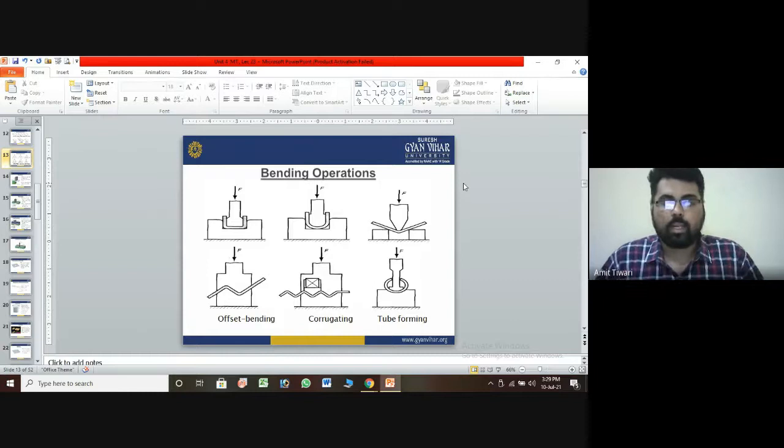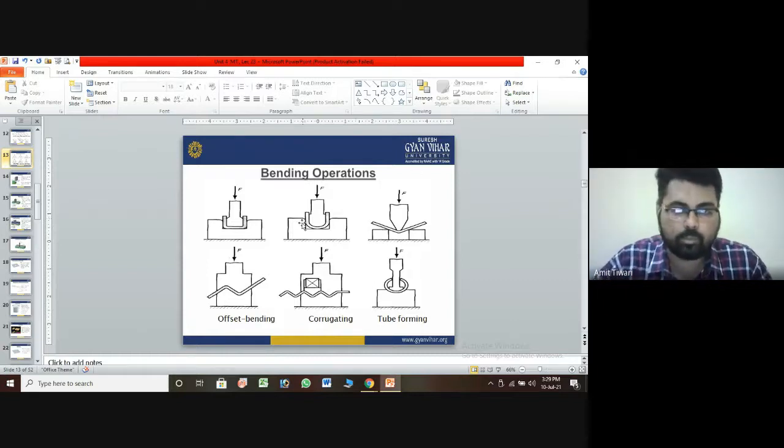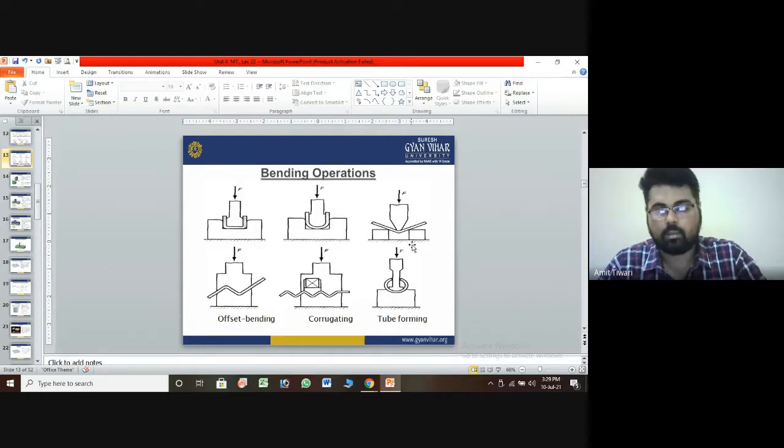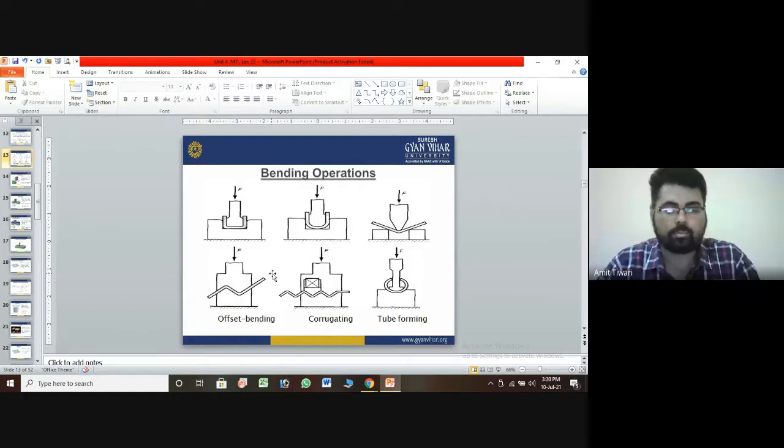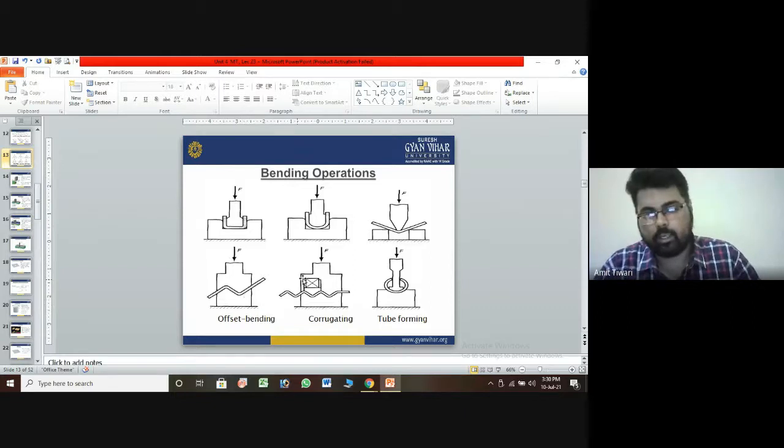Next, if you want to make a U-type bending, you select the punch for that shape, apply the force, and you will find this shape is fabricated. This is a V-type bending. For V-type bending we use a V-punch, apply the force centrally, and bend downward to form the V-shape. That is the offset bending. This is the section of bending on the offset: apply pressure from here and internally, and you will find this is formed.